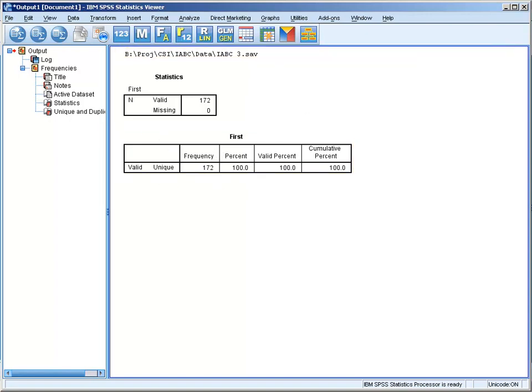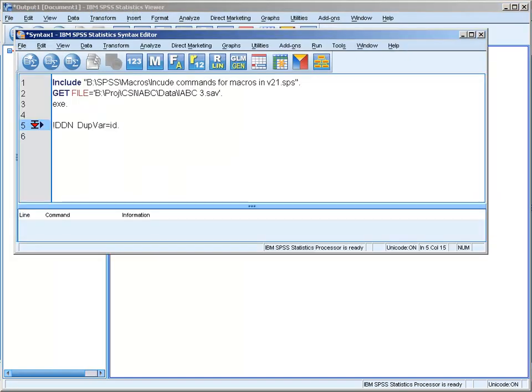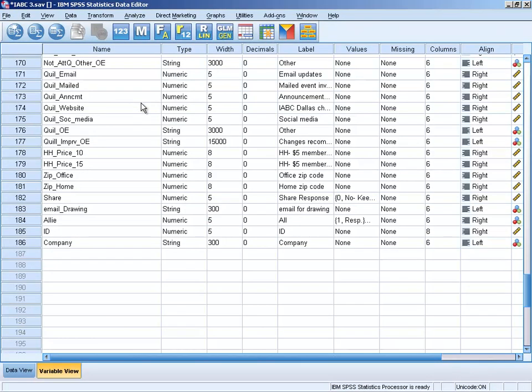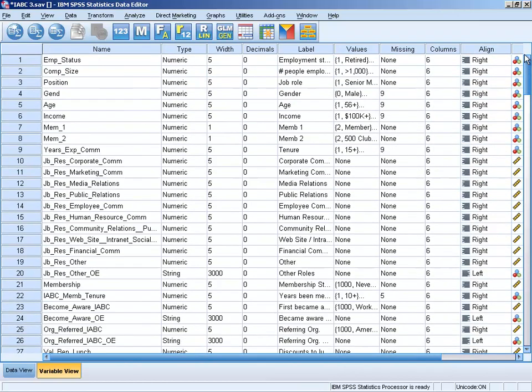It would have showed it here, and it would have actually dropped the duplicates because that's what this macro does. So okay, and let's say I wanted to start doing some statistics, so I can come in here, and I'm